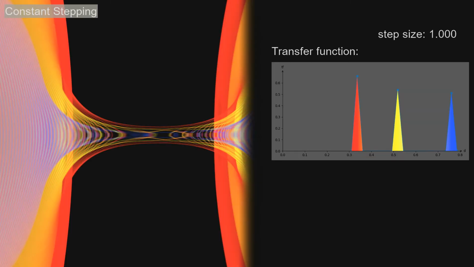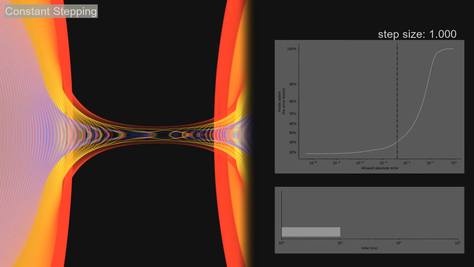In the first test, we evaluate the per pixel errors of constant stepping. We use a synthetic dataset of an expanding and shrinking tube at a resolution of 256 to the cube as test case. As one can see, a large step size leads to massive artifacts. The errors can be measured, for example with RSC curves. These curves plot the allowed per pixel error to a baseline on the x-axis and the number of pixels that fulfill this error bound on the y-axis. A higher value indicates less errors and more pixels are within that error bound. The vertical dashed line indicates an error of 1 over 256, or where differences would be larger than 1 bit on an 8-bit display.